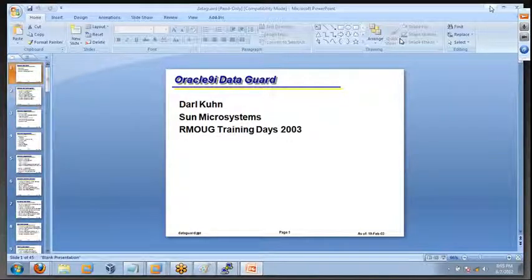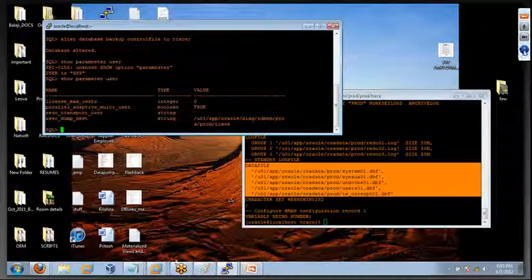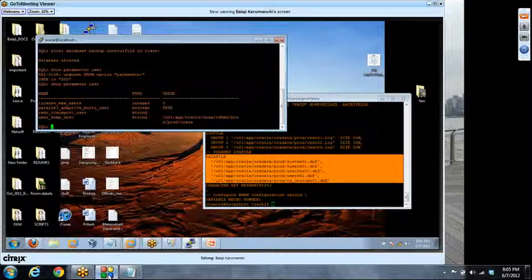Okay, so today we are going to discuss Data Guard. So what is meant by Data Guard? How are you going to use